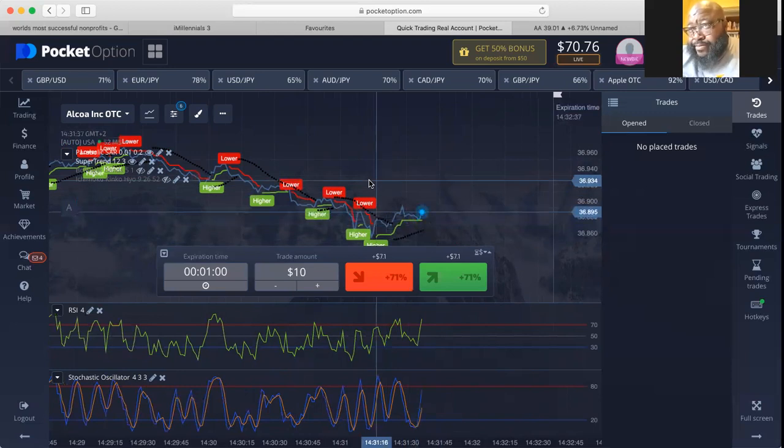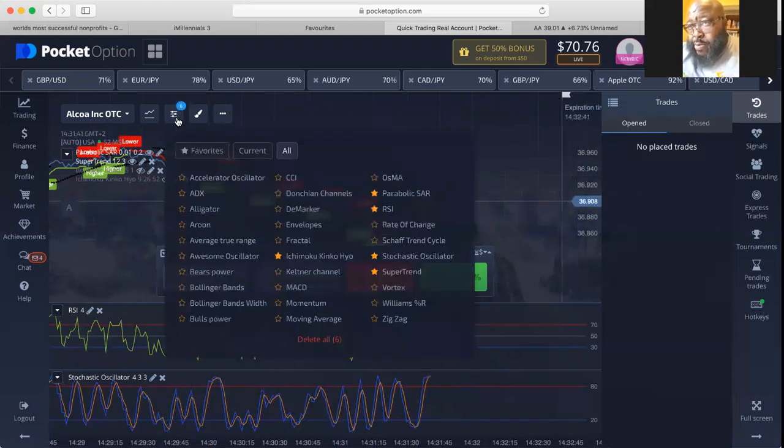Right. So the next thing I want you to add, click on your control module again, your control icon. Yeah, with all the lines right there. Okay. How do I